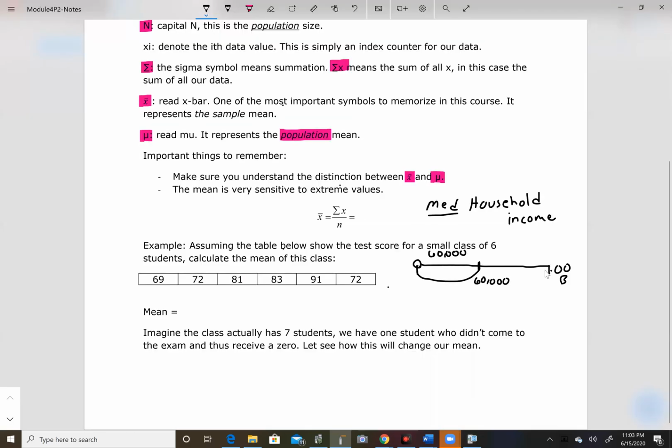But billions of dollars, $99 billion in between 60,000 and 100 billion, okay? That's going to skew it, if we used the mean, because this is so much farther,